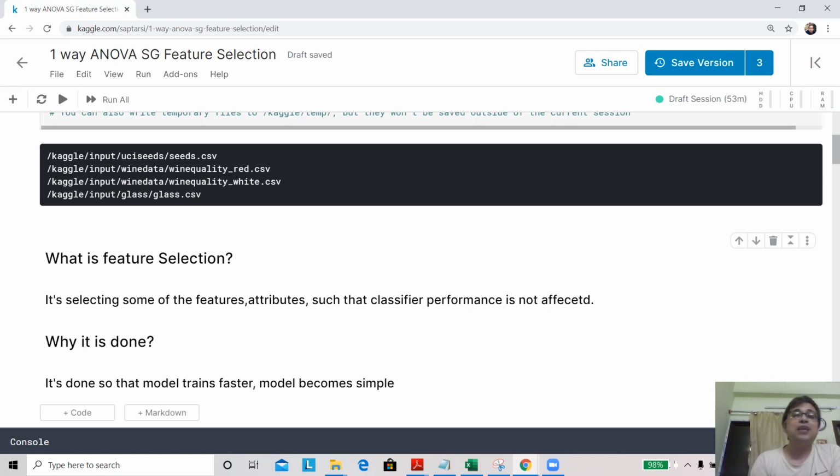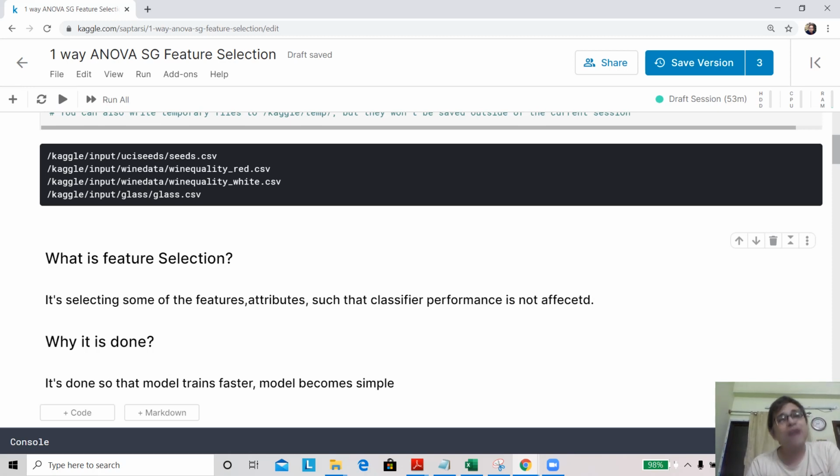So let's get started with what is feature selection. So let's say you have a data set. So in any machine learning problem, you have a data set. And let's say you have 100 features, all right? And feature selection tries to find a subset of these 100 features, that may be 10 features or 20 features, such that the classification performance that I can achieve on the original features, that is all 100 features, is equivalent to what I can achieve on these 10 features or 20 features.